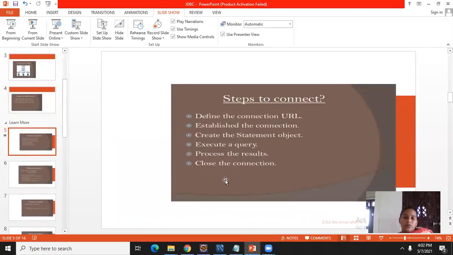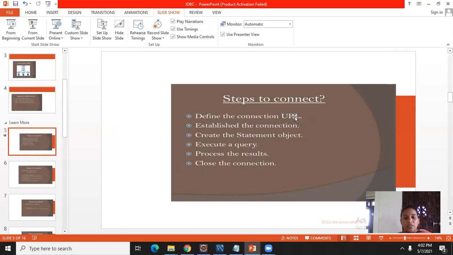Next, what are the steps to connect to the database? Already I told you both are different environments, so we need to follow some procedure to connect both. First, I need to define the driver, and once the driver is connected, I need to establish a connection.